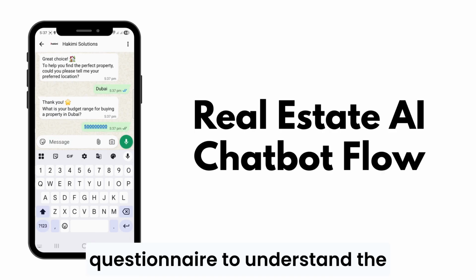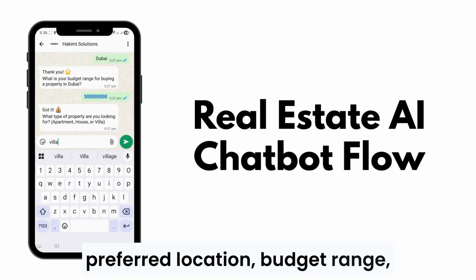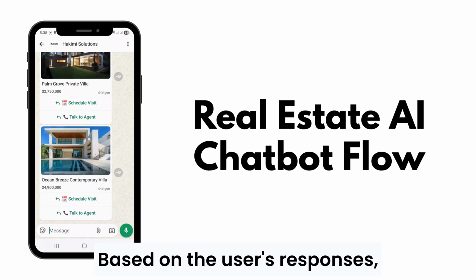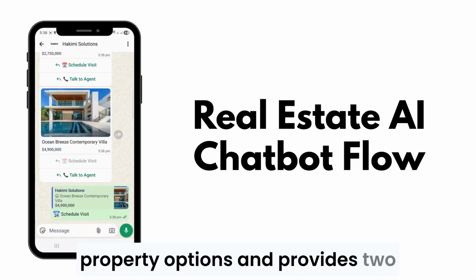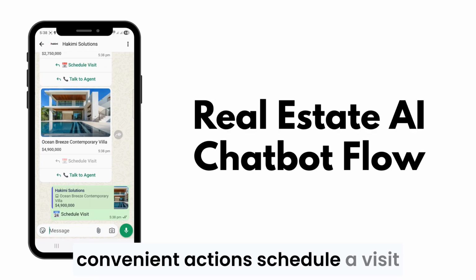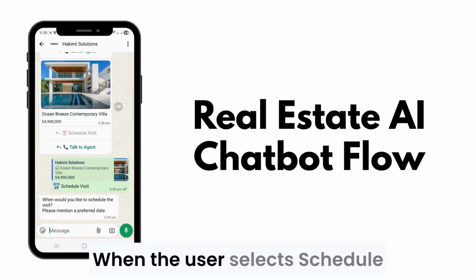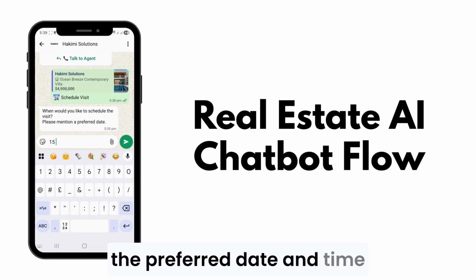to understand the user's preferences, such as preferred location, budget range, and type of property. Based on the user's responses, the chatbot presents suitable property options and provides two convenient actions: schedule a visit or talk to an agent. When the user selects schedule a visit, the chatbot collects the preferred date and time and